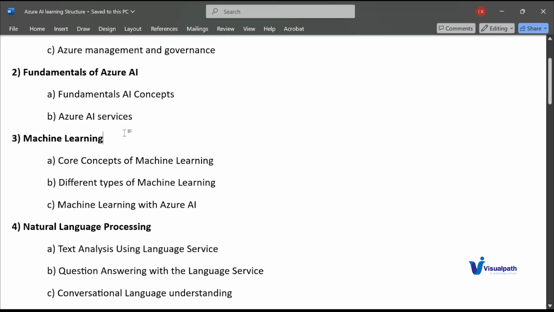After getting the hands-on and the understanding of machine learning, we'll go to Azure AI and see what services they are providing with respect to machine learning. For this entire machine learning topic we'll do the hands-on from the local systems as well as from the Azure side.